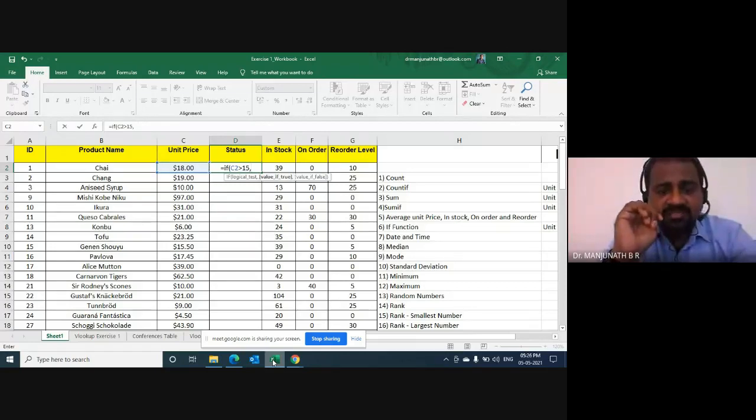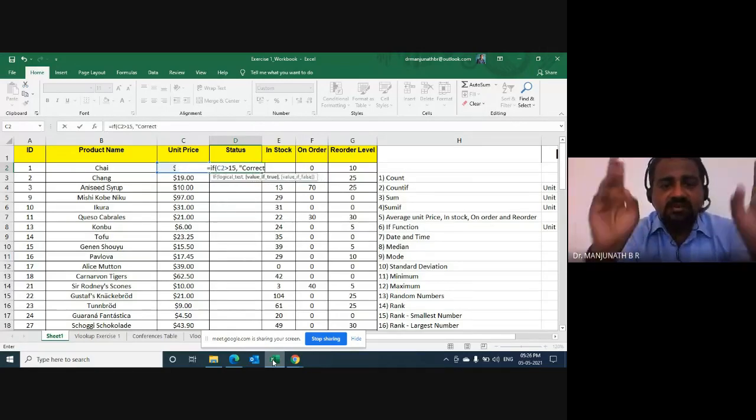Now I'll put a space, and double quotes again. What is the comment we would like to get if the unit price is greater than 15? Correct. So I'll write CORRECT and then I close the double quotes.